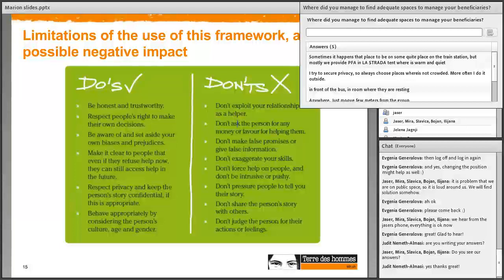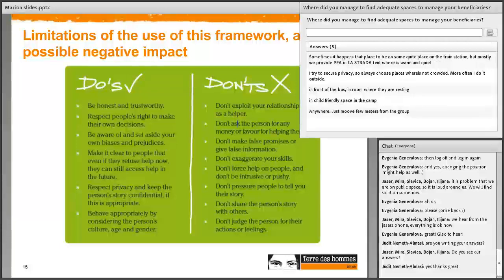Obviously, respect confidentiality, don't share the person's story with other people. Try to be non-judgmental, which is obviously complicated. It's not an easy thing, but it's really important that people feel they can trust the relationship they are starting with you. And on the do side, be always honest, trustworthy,